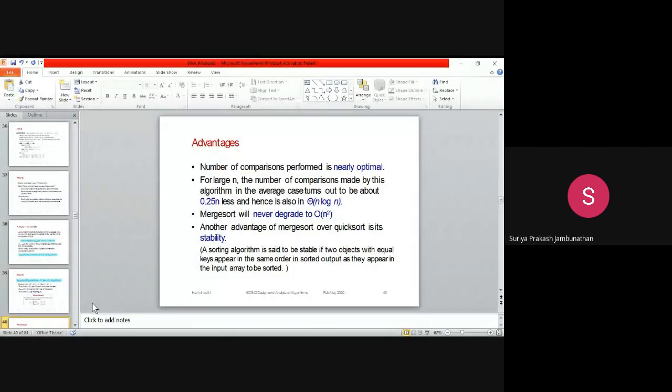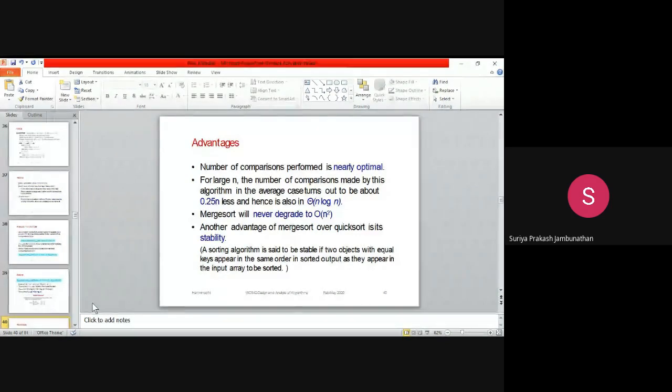Here is the definition for a sorting algorithm: the algorithm is stable if two objects with equal keys appear in the same order in the sorted output as they appear in the input array to be sorted. So we have the same element. In array A we have 25, and array B also has 25.